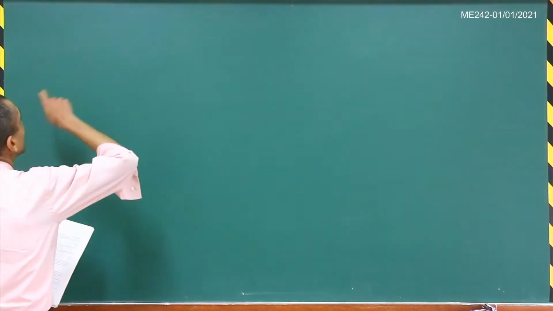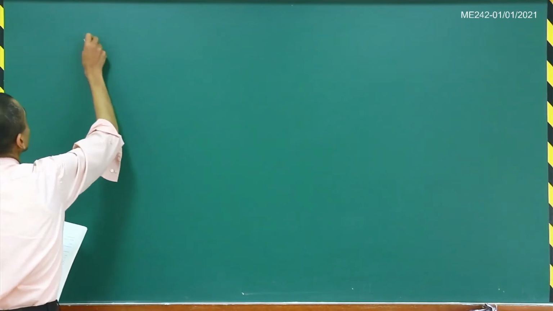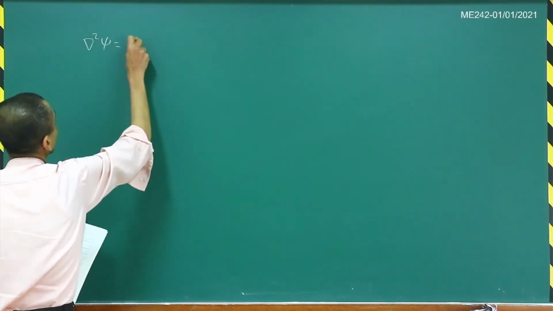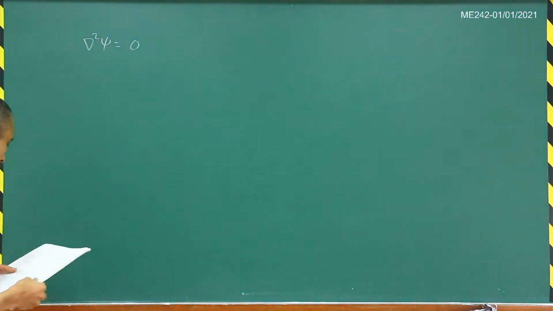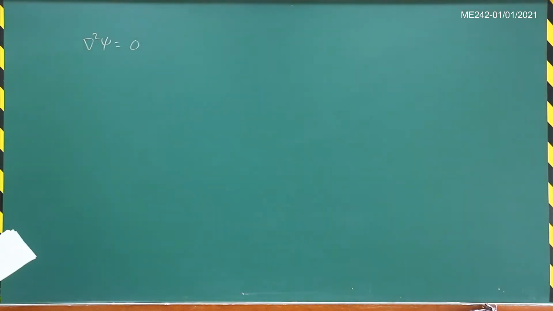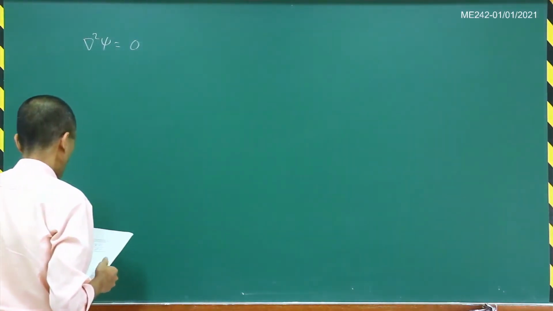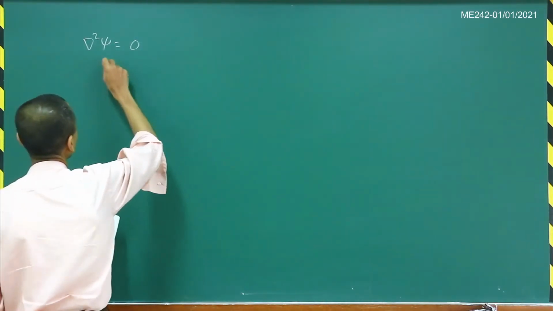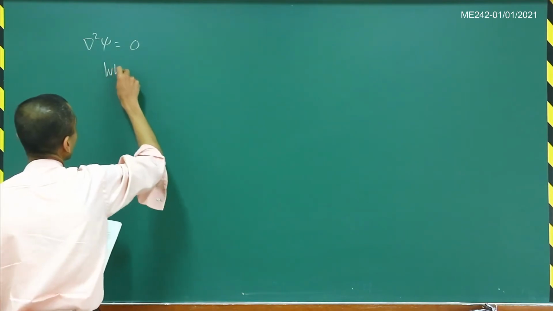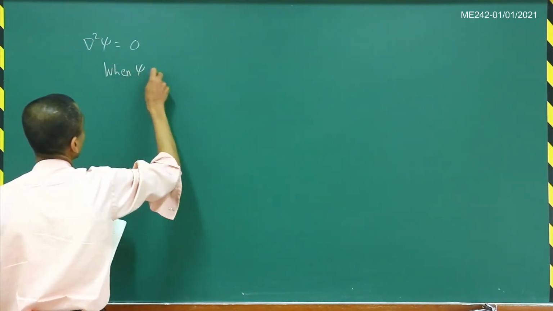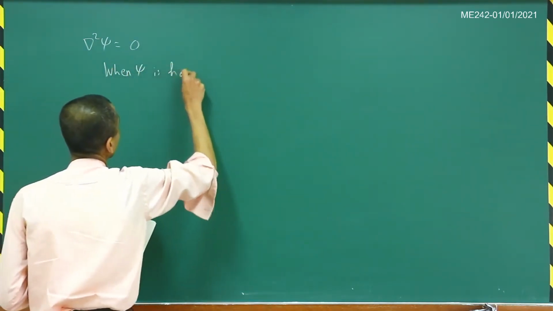So we have seen that the warping function satisfies this particular equation, right? And so whenever xi satisfies this particular equation, it is said to be harmonic. And so when xi is harmonic, that means it satisfies this particular equation. When xi is harmonic,